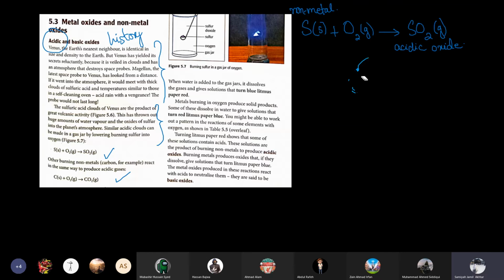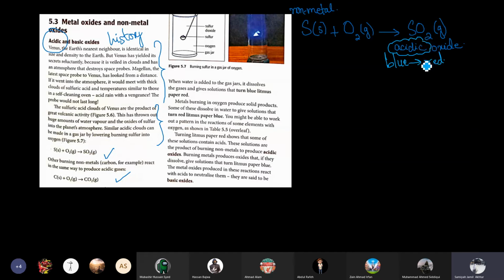So yeah, we were doing sulfur dioxide. It's an acidic oxide. When we tested this substance with litmus paper, it turned blue litmus paper red, so it means it's acidic. So this gas, which is formed from a non-metal, is